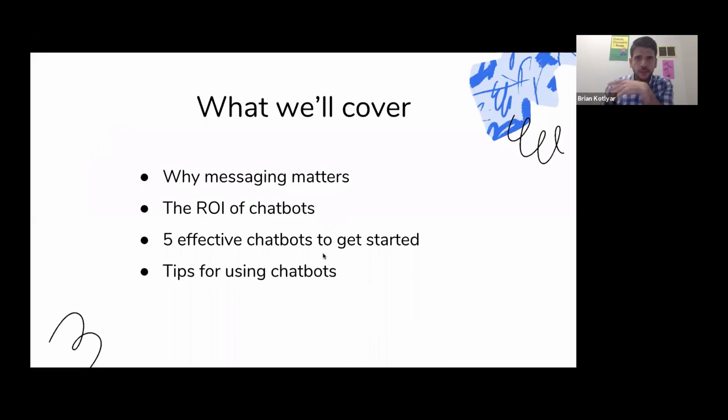We covered that. Roughly what the agenda is going to look like today is we're going to talk about why messaging has become so important and what the macro change is that is elevating chatbots as being so critical. We'll talk a bit about the impact those things can have on your revenue picture and what the ROI of embracing them is. And then we'll finish with hopefully some really actionable, simple ways to think about how to get going,